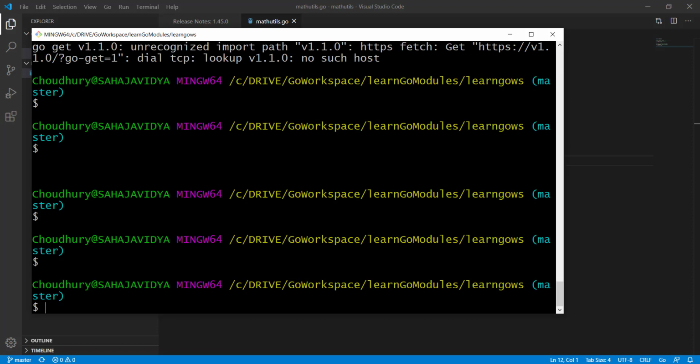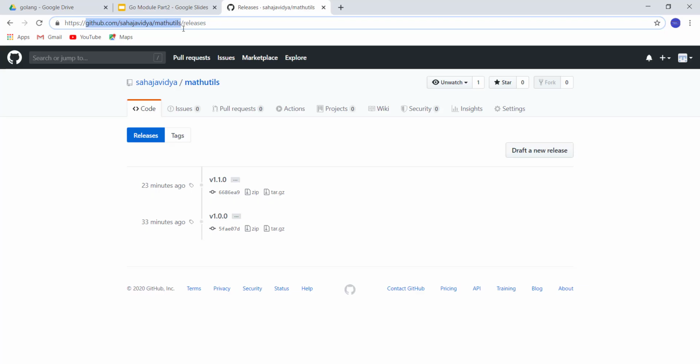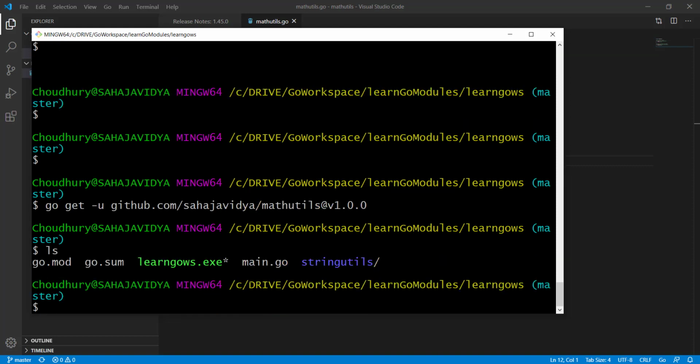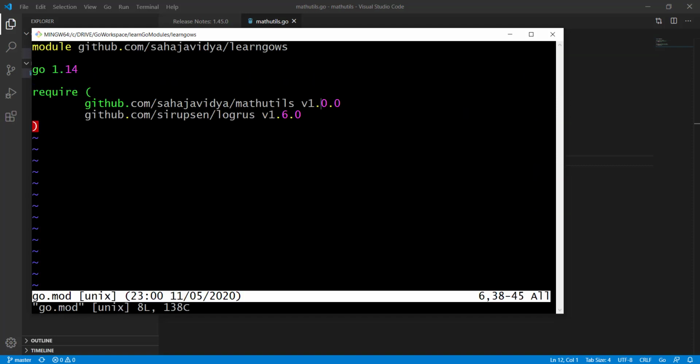And if you want to download a specific version, then go get, import path of math-utils, then @ version 1.0.0. So if I now go and see in my go.mod, it should have changed to version 1.0.0.